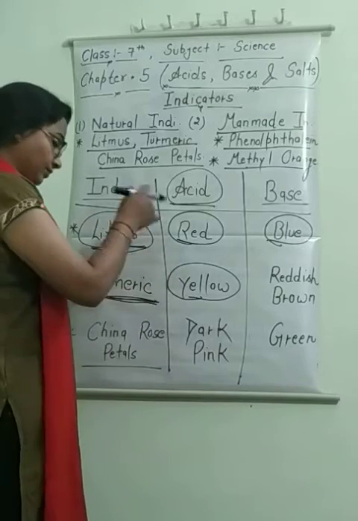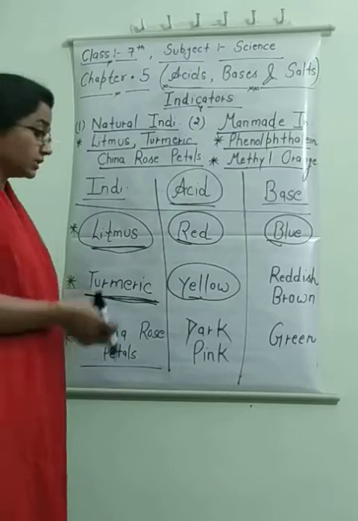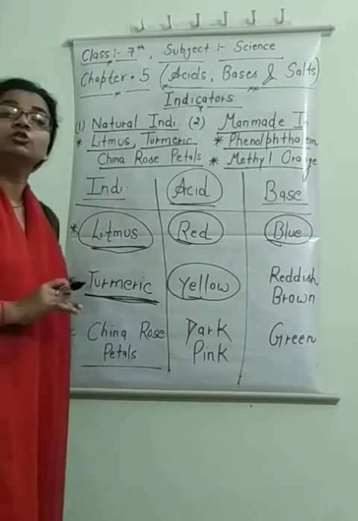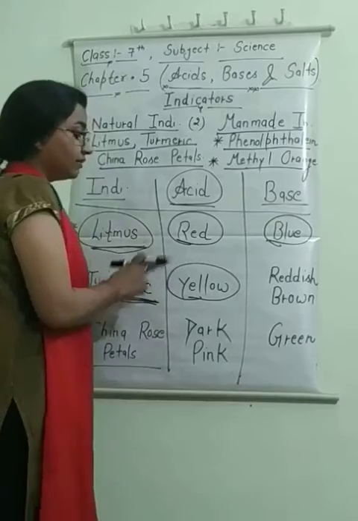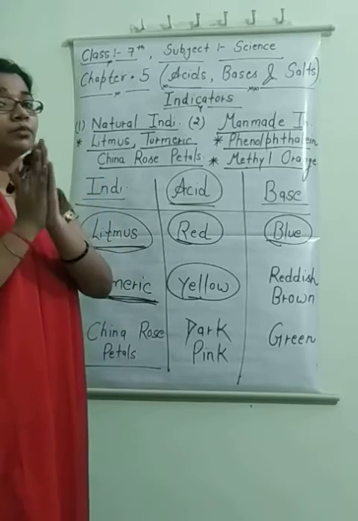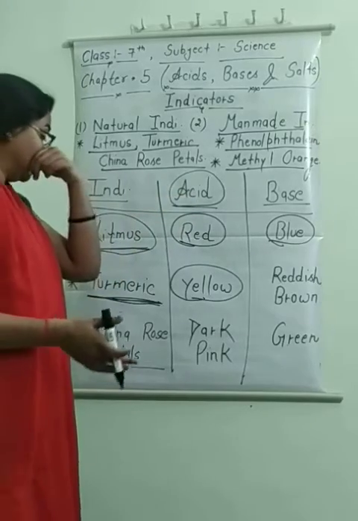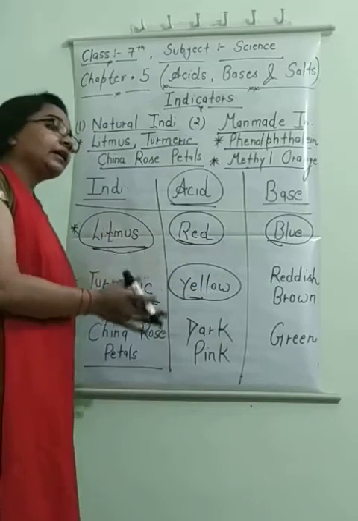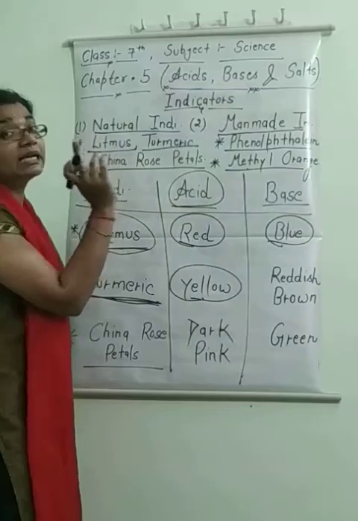So the scene is, if we put some substance in the turmeric solution because we want to know the acidic or basic nature of that substance, and if turmeric does not change its color, or changes color in the shade of yellow, then definitely that substance will be acidic in nature. You can take any type of experiment for that.